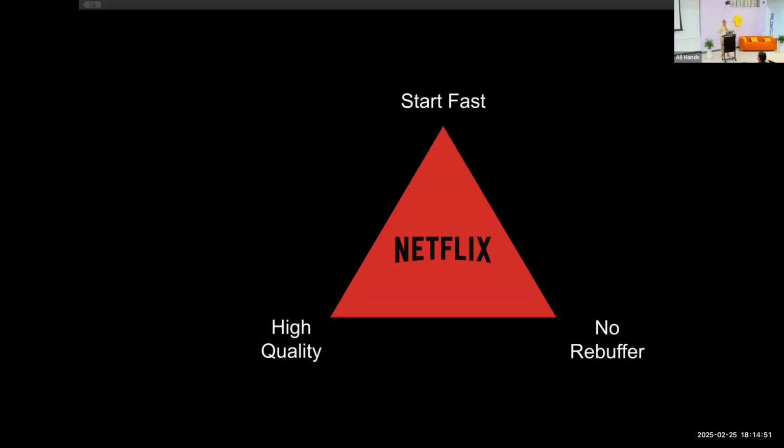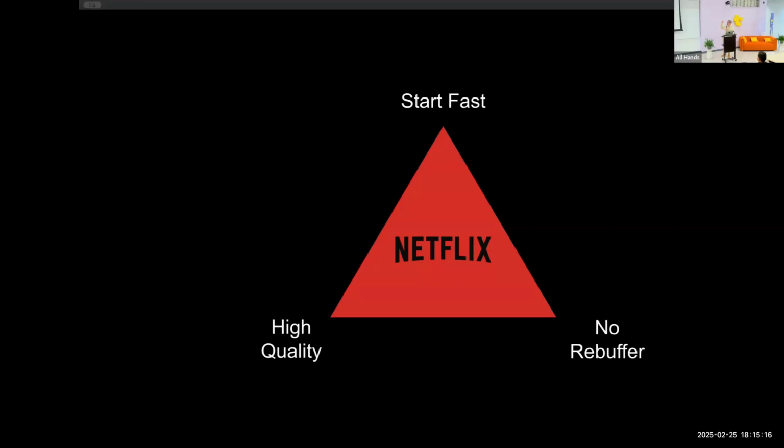This is the same as the CAP theorem for databases, but this is for streaming video. What the theorem says is that you basically want all three: start fast, have the highest quality, have no rebuffer. That's heaven. But when you pull on one, you have to give up on one or two others, and you play with them.